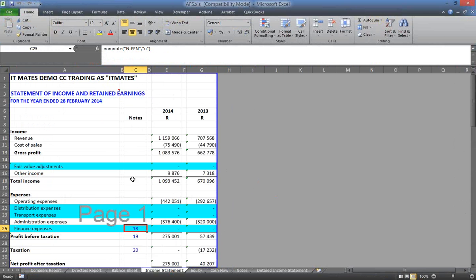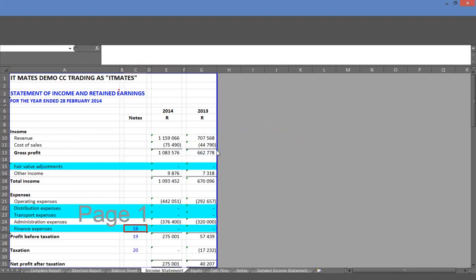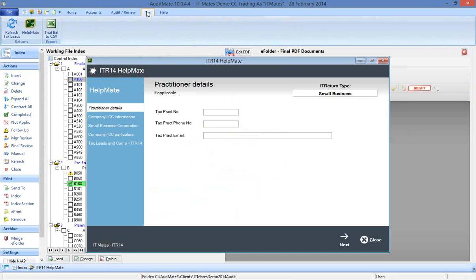So are we going to go and change our financial statements to accommodate that? No, we've done this in terms of IFRS for SMEs already. We've done what is the right thing there. It's SARS that wants something different. But we need to be able to give them that something different. So we created this thing called the RTR 14 HelpMate. So RTR 14 HelpMate will take you through step by step